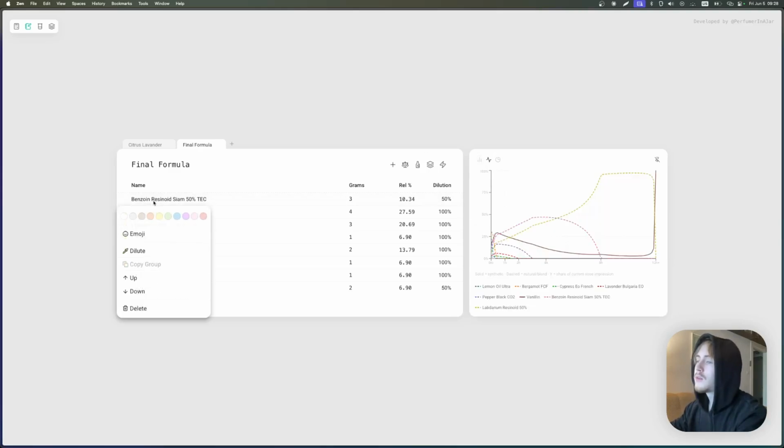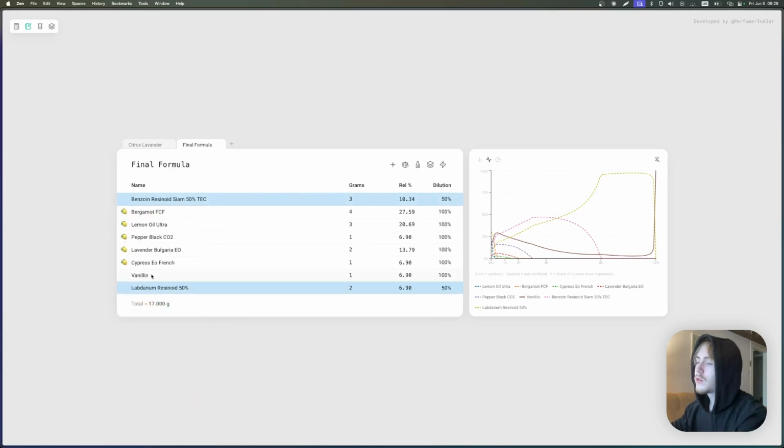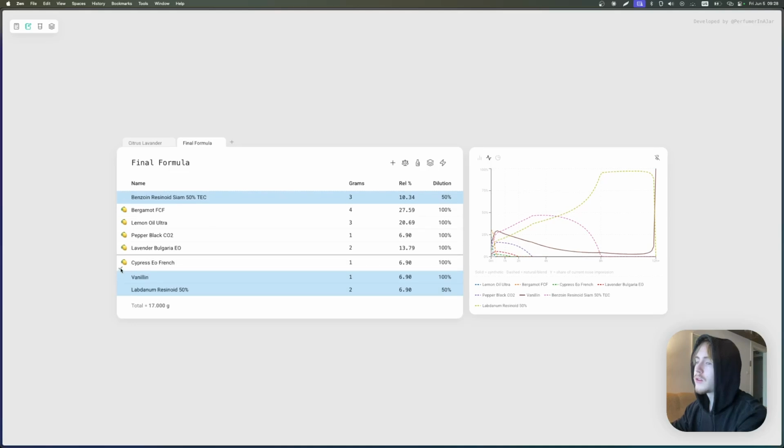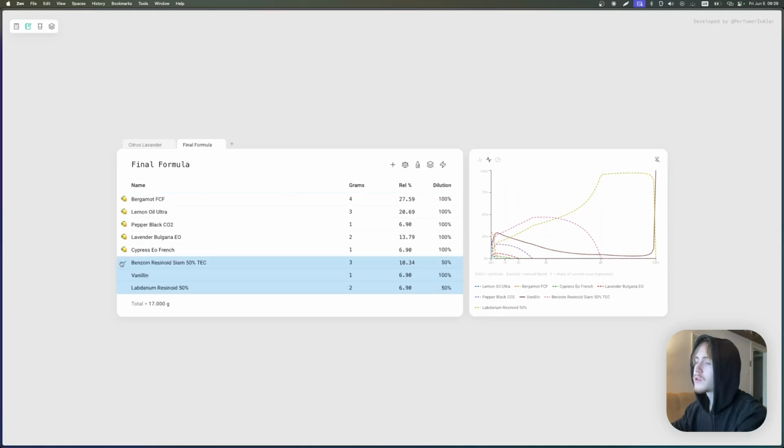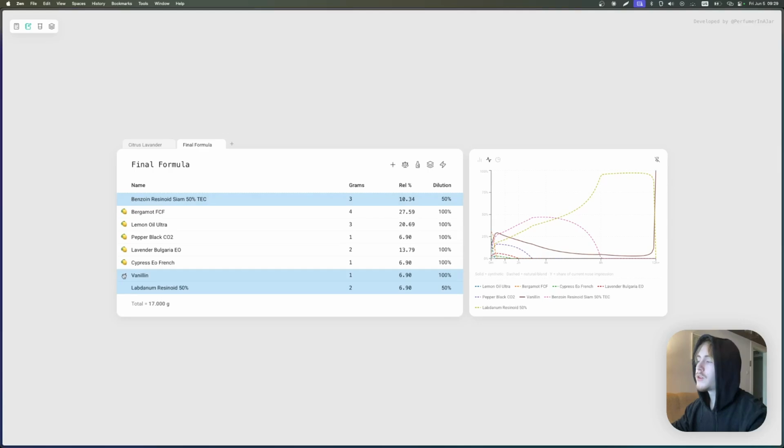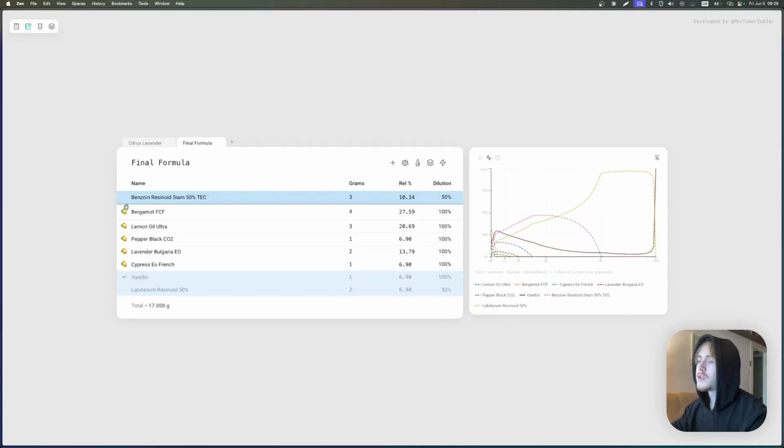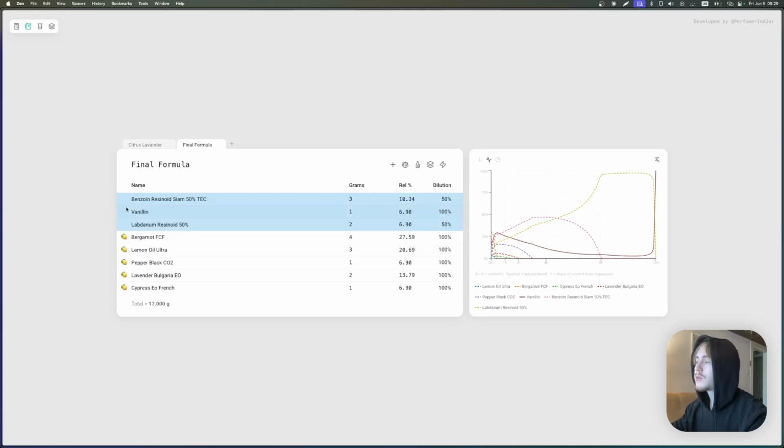You can highlight materials and you can drag them around. I could come here and drag this to the bottom so they're all in the same place. Or if I shift and click, I can drag all of the same colors to the top, which I prefer to do. I prefer to keep my bases at the top and my top notes at the bottom. If you want to exclude a certain material from this visualizer, you can just click on it and it's going